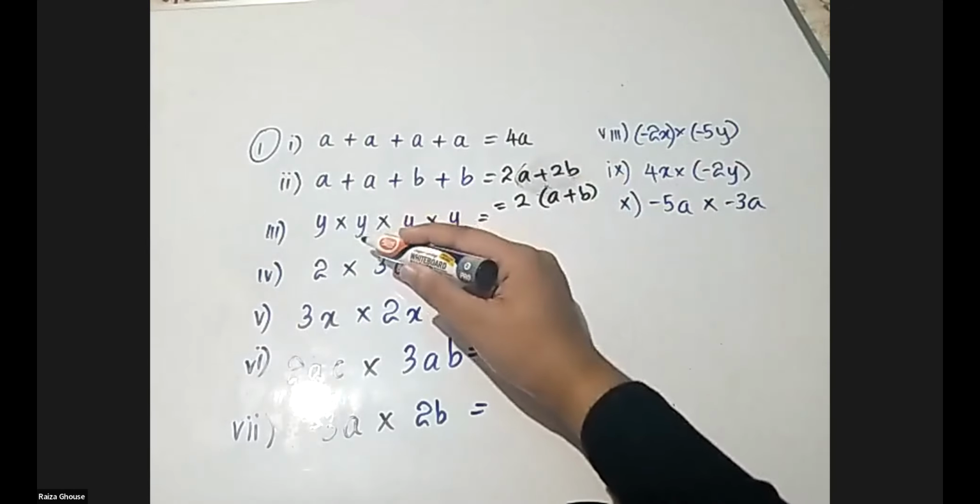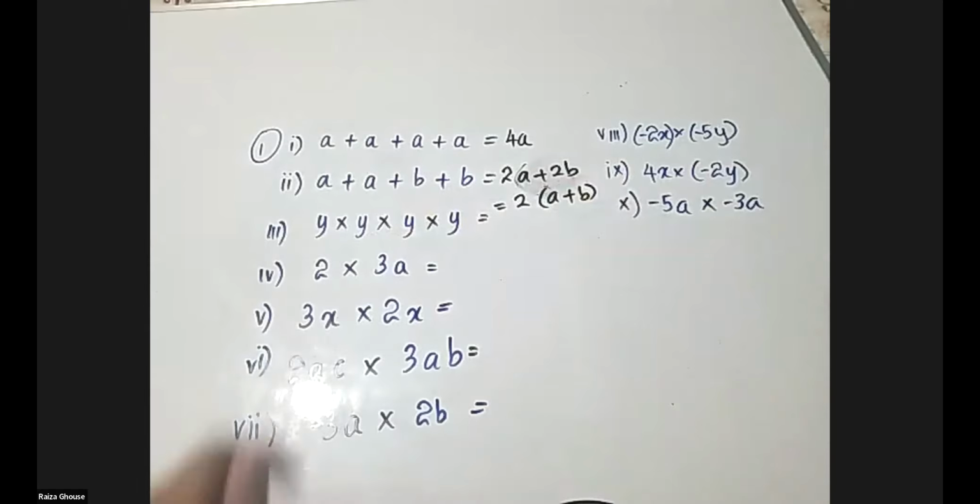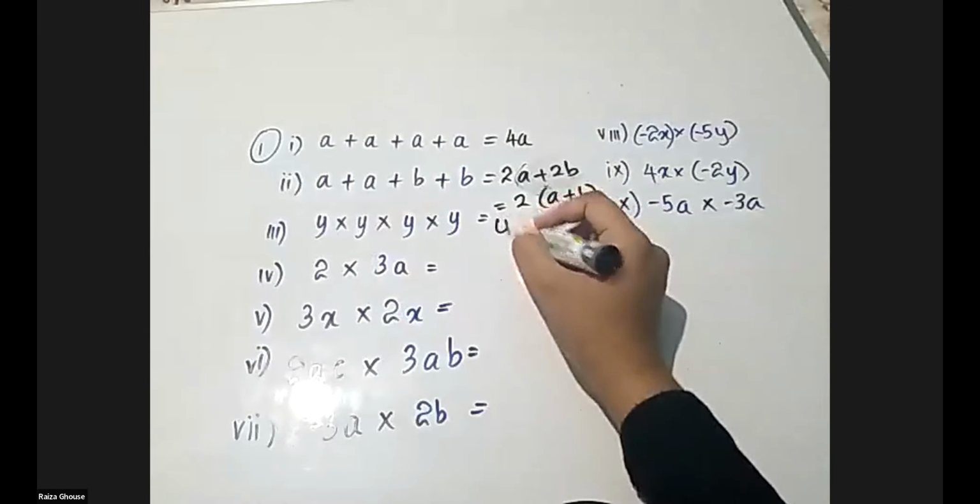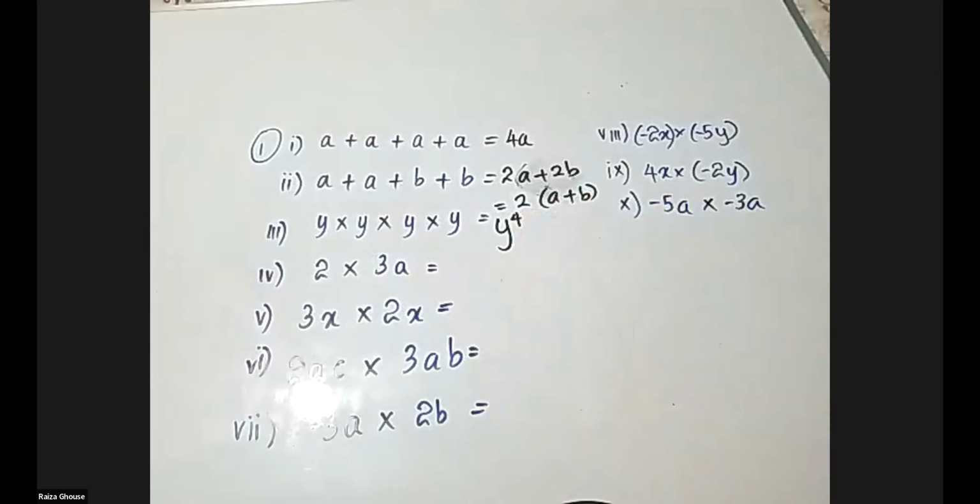And this one is multiplication. So when you multiply, you can't write down 4y. You have to write down y to the power 4, because y into y into y into y is not 4y. 4y is only if you add them. These are the places where you are making mistakes. You will think these are easy, but these are coming in your part 1 papers as well.